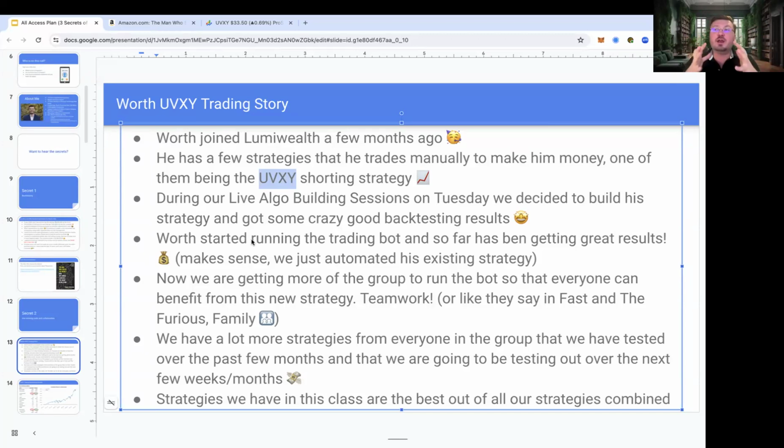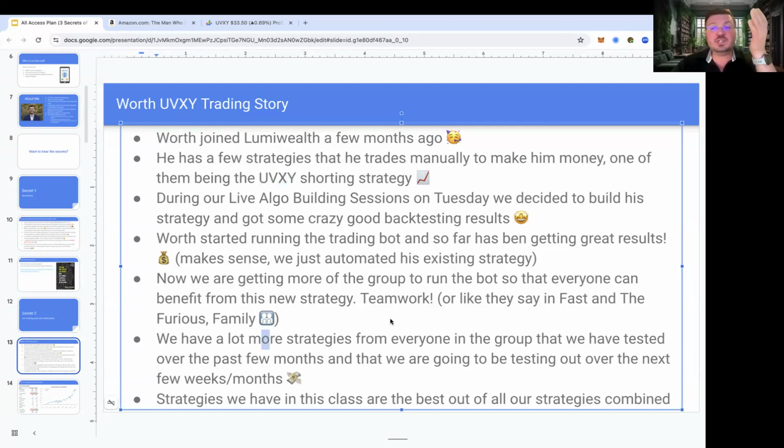So it's like teamwork. We're all working together. Everyone's coming up with different ideas. We all pool our ideas together and we build a lot of super high-end algorithms. It's teamwork. It's like the Fast and Furious, like it's family, family. My Vin Diesel voice. But that's really how it is, right? We're all collaborating together, we're all building algorithms together, right? Or even like I'm building the algorithms and you guys get to use them, but we all share ideas, right?